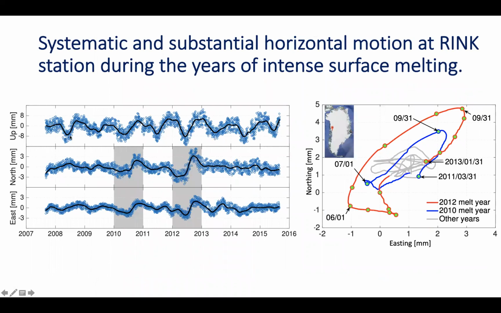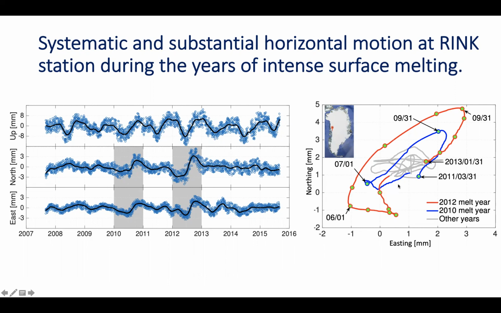I removed the underlying trends and acceleration, and I did a bit of smoothing here, but the whole point was to produce this map, which is a different way of looking at the east and north components of the displacement vector. All you can see here is the plan view of the bedrock motion. The red line shows the trajectory of the bedrock motion on the horizontal plane during 2012. You can see the clockwise motion of the bedrock. It's a significant departure from where it started, and then it made a big giant loop and tried to come back to where it started.